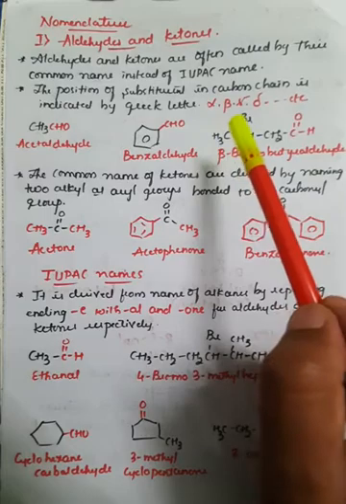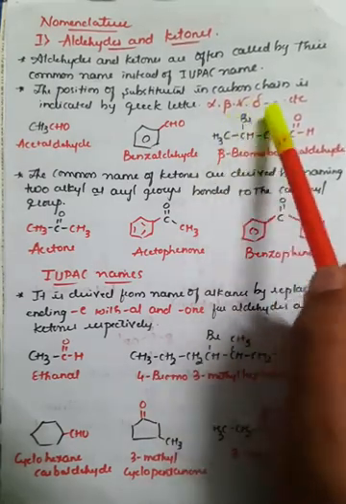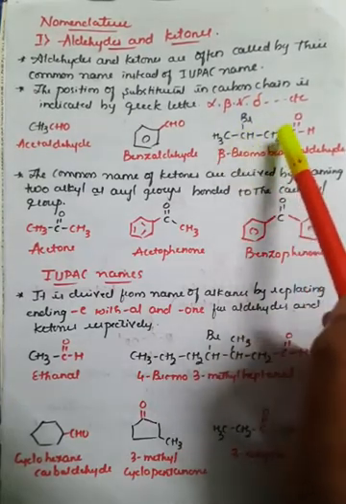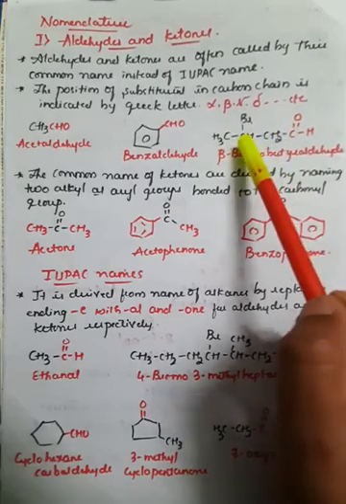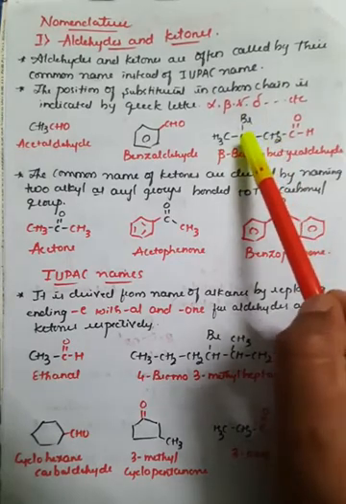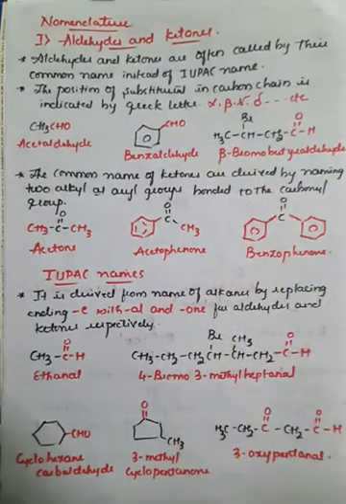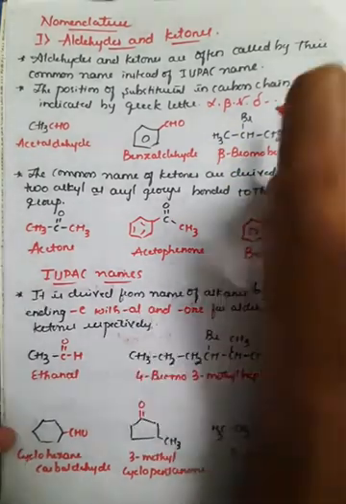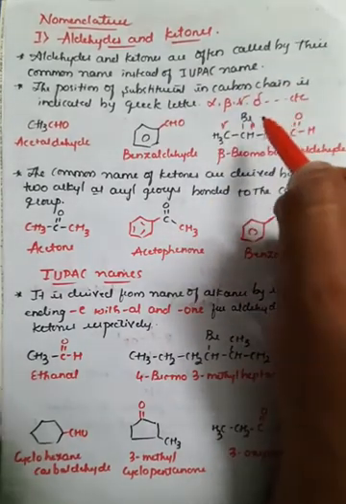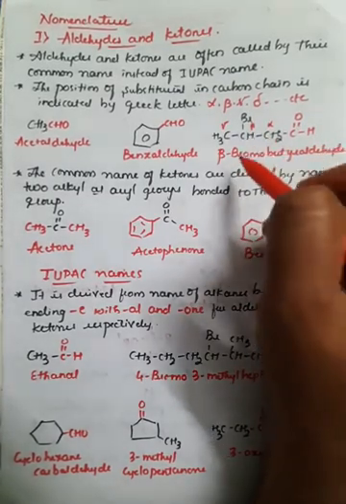So therefore here the substituent, that is Br, that is nothing but the halogen, that is bromine group, right? So which is bonded with the carbon that is next to the first carbon, right? So the bromine is generally bonded with the carbon which is next to the alpha carbon. This is the alpha carbon atom. So this is the beta carbon atom, right? So here I can represent it. This is the alpha carbon atom. This is the beta carbon atom. This is the gamma carbon atom, right? So therefore, here if you observe, this bromine is bonded with the beta carbon atom, and therefore it is called as beta bromo